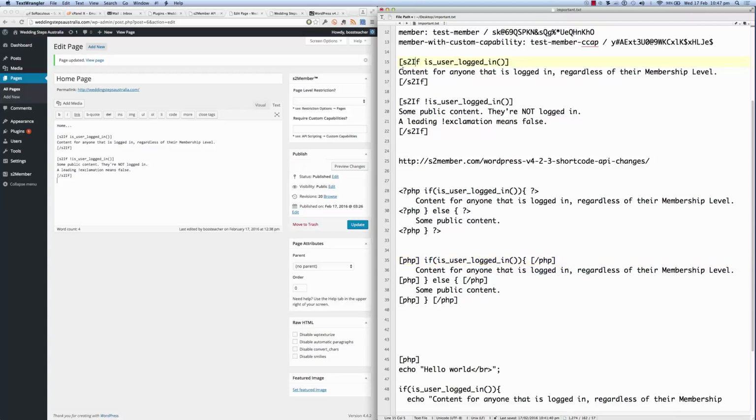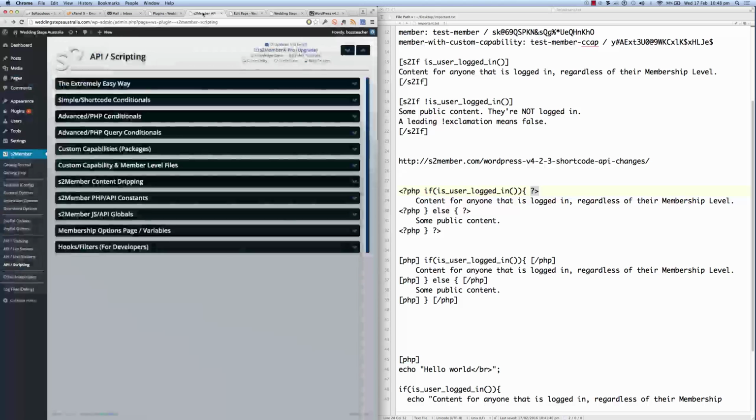Now, the idea is this is a bit of PHP. This is a PHP function from within WordPress. So what we need to do is put it within, normally, the PHP language tag here. So this is the beginning of it. This is the end of it, and then there's this if structure here with these curly brackets. But other than that, it looks very similar to what was up there. Okay, so this came from the API